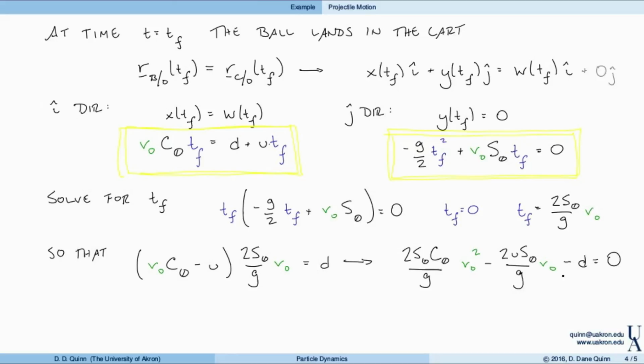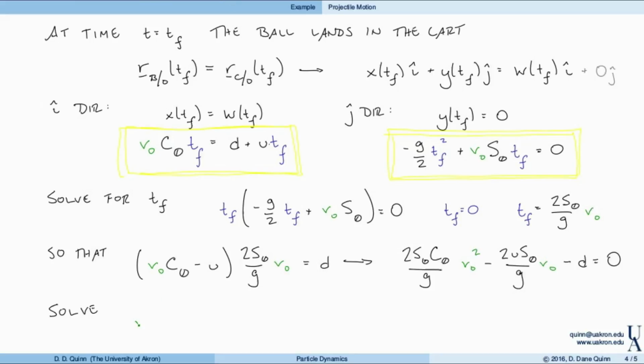So again, here we have a quadratic equation. So this can be solved, right? And now, in doing so, we use the quadratic formula, and I'm going to go ahead and solve this and write down the answer. Here I've done a little bit of manipulation, but in doing so, we solve